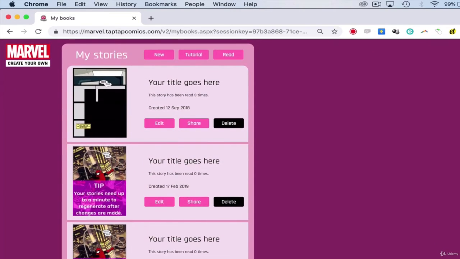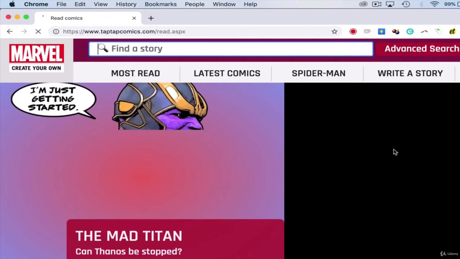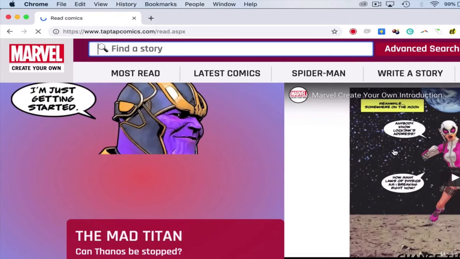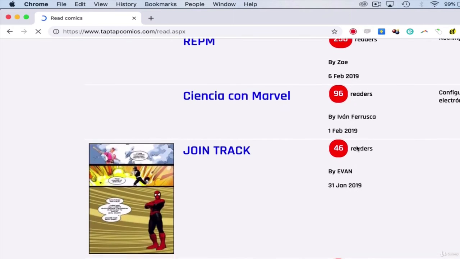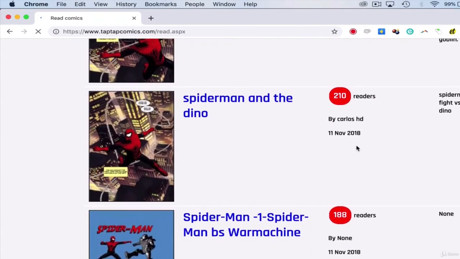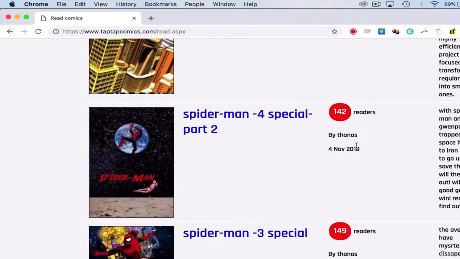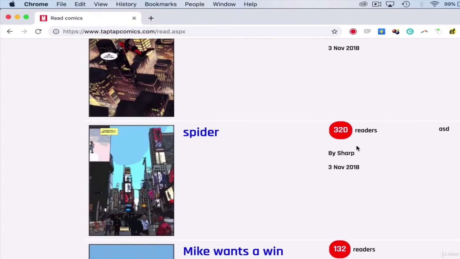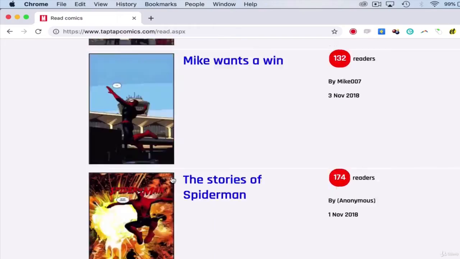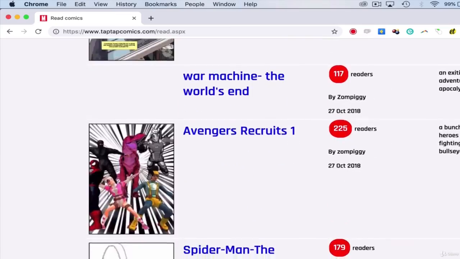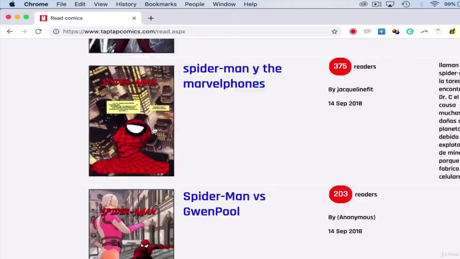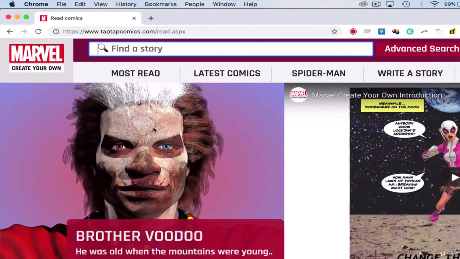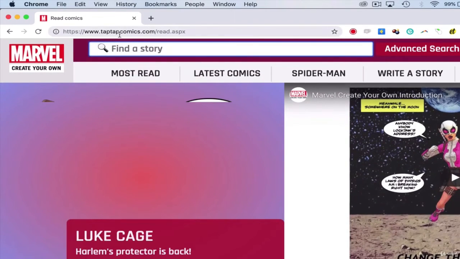So I hope you can even read comics. Click on read the comics made by anyone else apart from you, like your competitors, or maybe the people in this Tap Comic universe who are making a lot of comics without any kind of graphic or illustration knowledge, who have made comics like this for Spider-Man Return or Spider-Man Avengers or whatever it is. You can even browse the latest comics. You can read here in